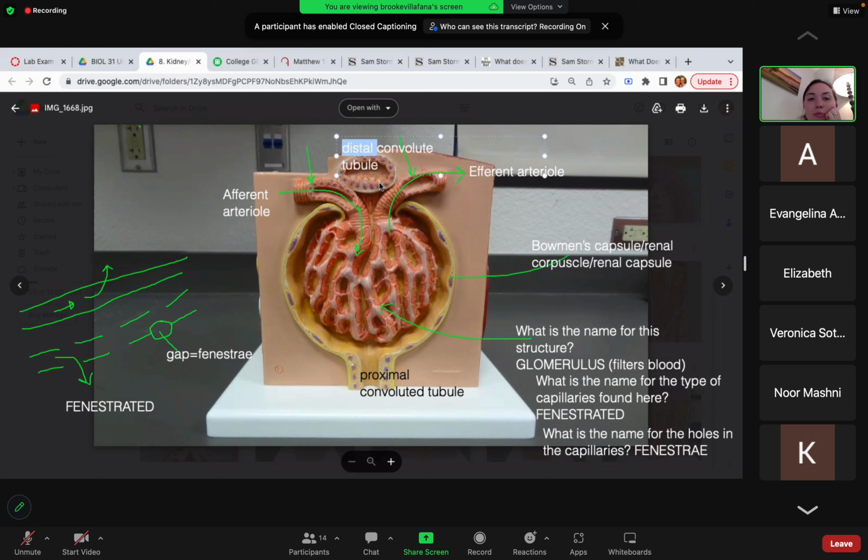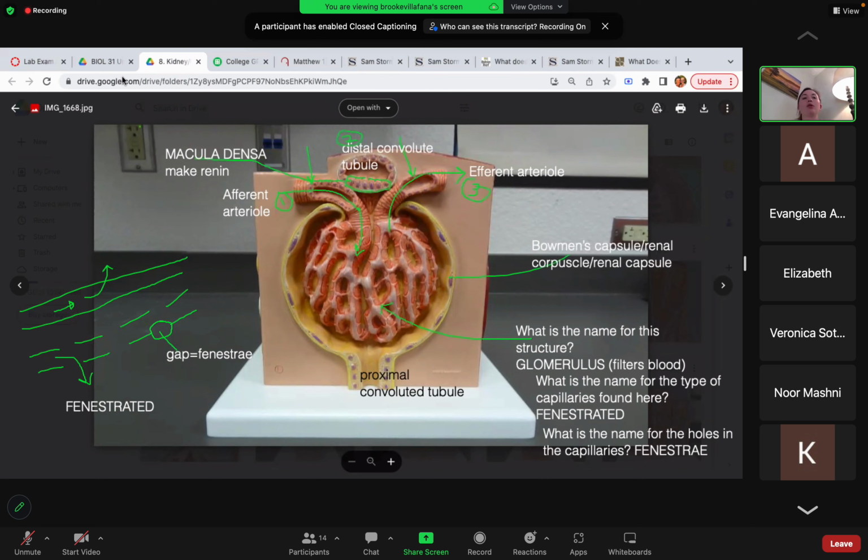And we said that the specialized cells that line the bottom of the distal convoluted tubule produce renin and are called the macula densa, right? Macula densa make renin. Together, afferent arteriole, number 1, distal convoluted tubule, macula densa, number 2, efferent arteriole, number 3,